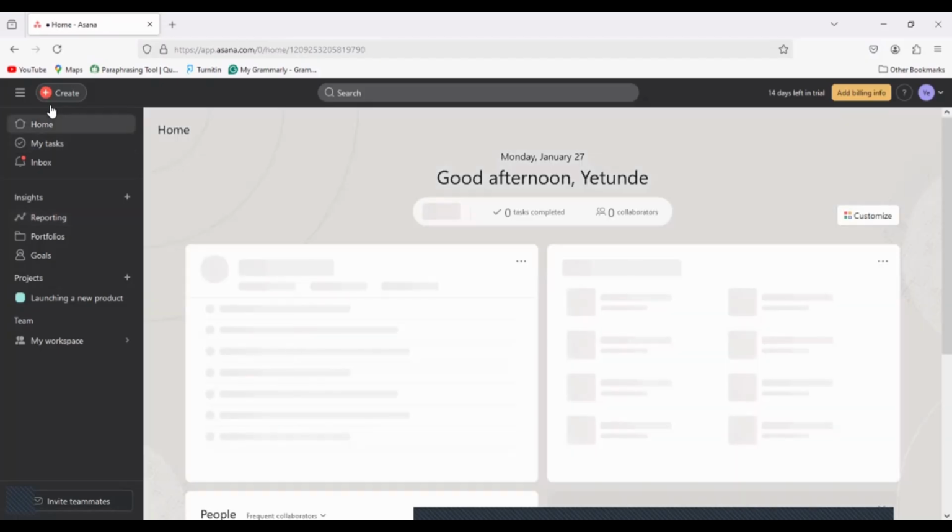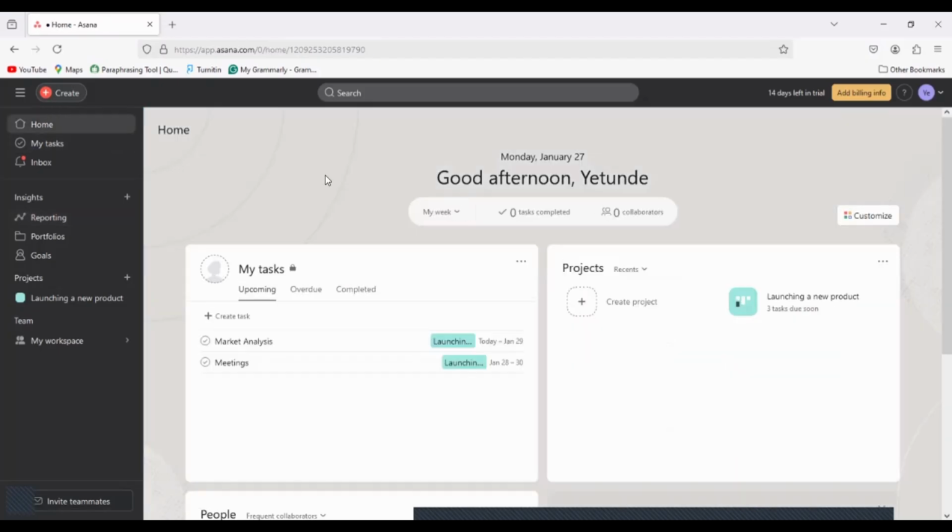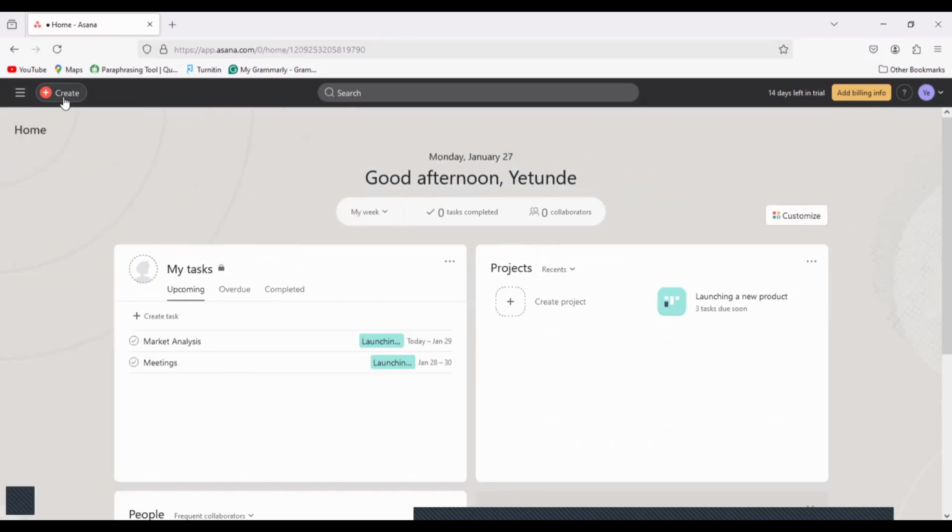So basically, this is it about Asana. Asana is quite easy to use, friendly, and you can find your way around it. And I believe you will be able to